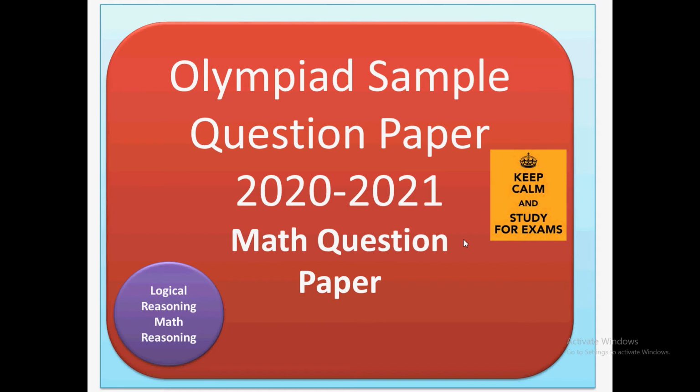In this video, we are going to discuss sample question papers that are being asked in IMO and the different sections that are there in that question paper. So we will be discussing a simple sample question paper that will contain the questions for mathematics. All the different sections in which you have logical reasoning, mathematical reasoning, then you have achiever section. So all the different types of questions that are being asked. So we will be discussing class by class.